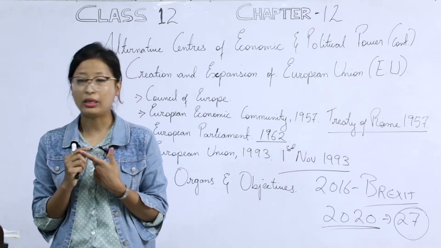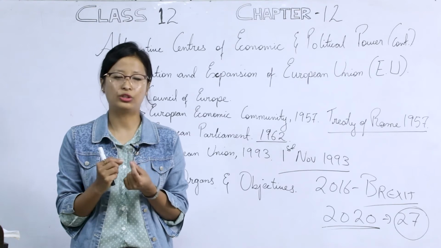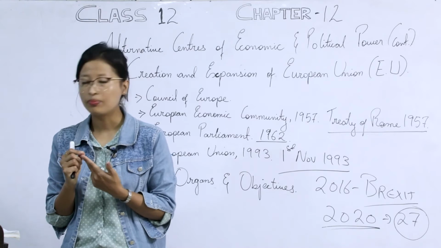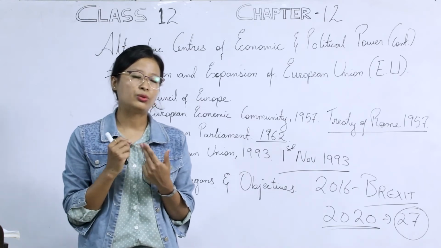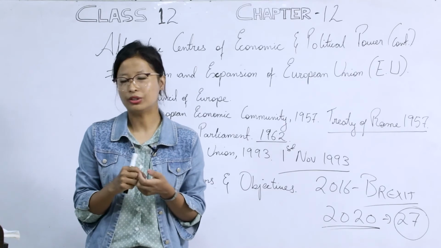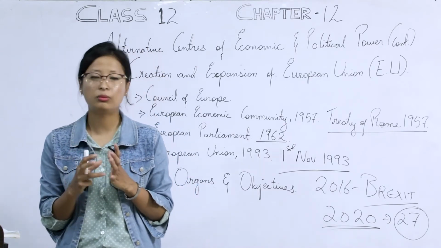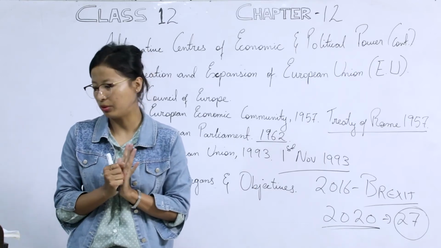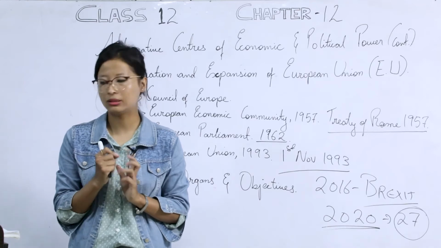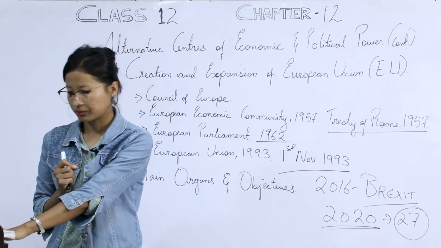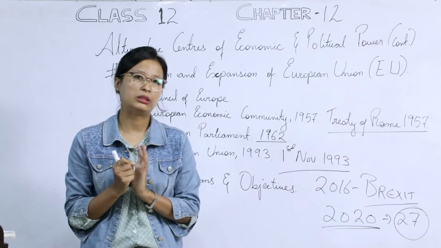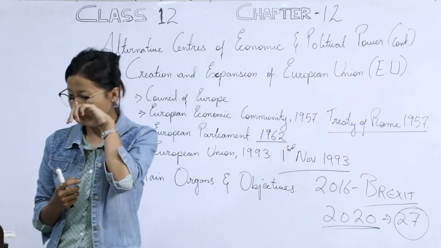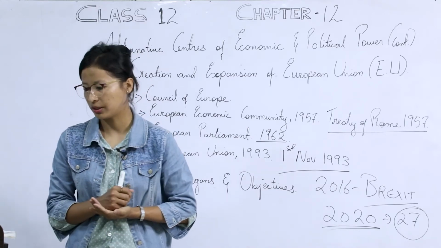The second is making agriculture and industries more productive. Point number 3, monetary: to create monetary stability. Now, point number 4, a common foreign and security policy. What is this common security policy? This is to ensure lasting peace in the European Union. So these are the 4 objectives of the European Union.